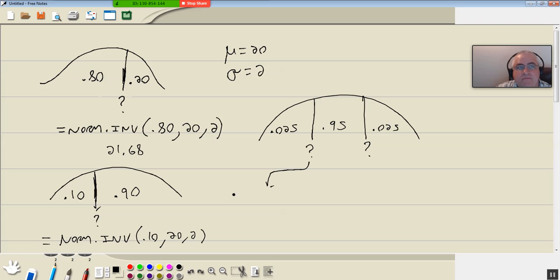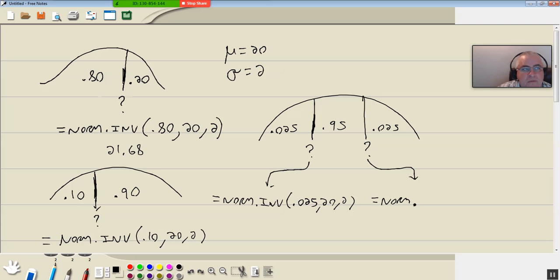Now for this value, we're going to equals norm INV, our area to the left. Here's the value we're trying to find. The area to the left of it is 0.025. And then 20, and then 2. Now for this one,